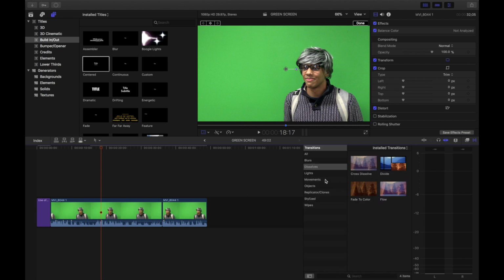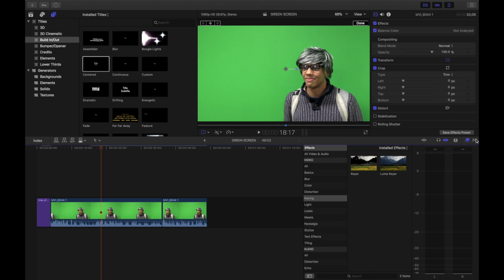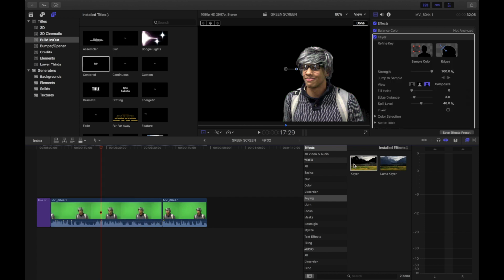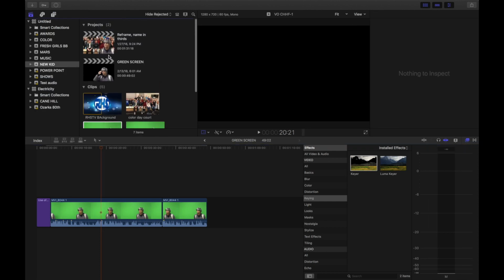Okay, so if you're in Final Cut Pro, the new version, you go over here and click right here, and that'll take you down to keying, and from the keying, you get the keyer. You click onto that, and it'll make the background black, and then you do the same thing. Since I split the clip, I have to actually do it twice. I should have probably done it before I split it. And now I'm going to click that back to the